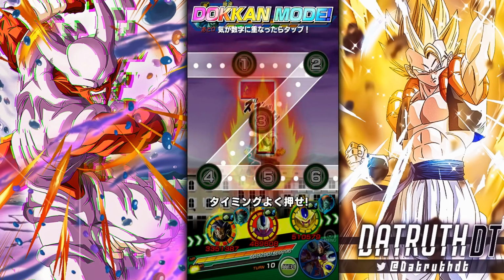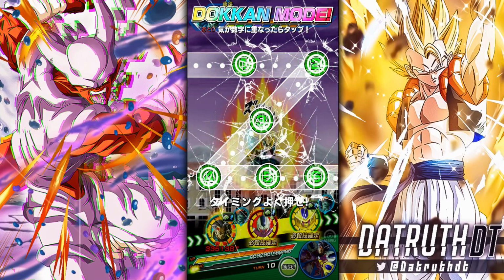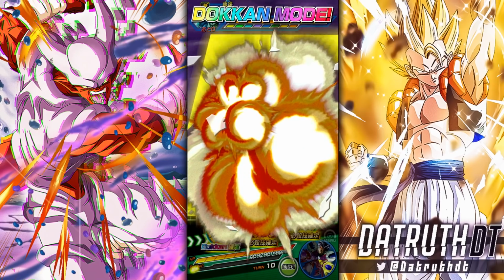All right, I guess we'll get this Dokkan attack with Baby here. What attack set does Baby have? 3.3? I mean, I guess that's...